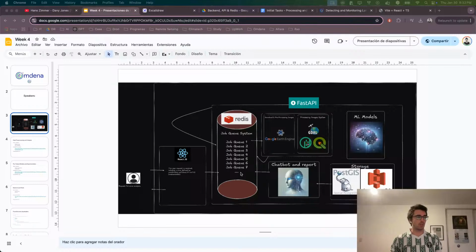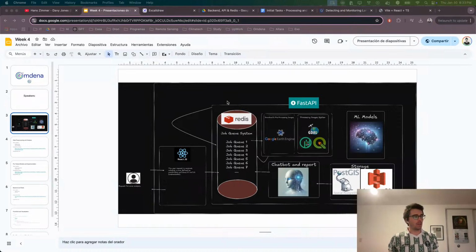Then we have Redis. It also has a couple of little tricks, but nothing out of this world. We can set up Redis really simply, it's really useful, and make this queue system. If we have time, we will set up the queue system today, mocking some requests. And basically then